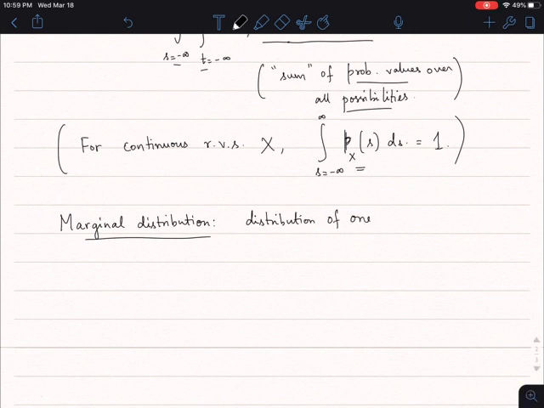In this case, let's say I'm interested in x. What does that mean? This just means that, in some sense, you do not care about y. Okay, so let's see what that means